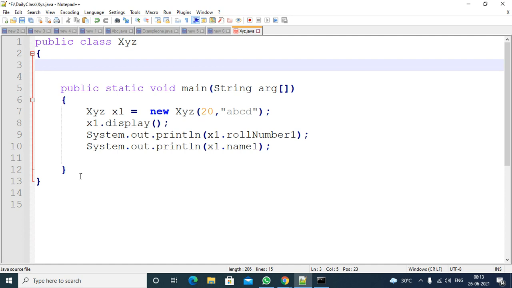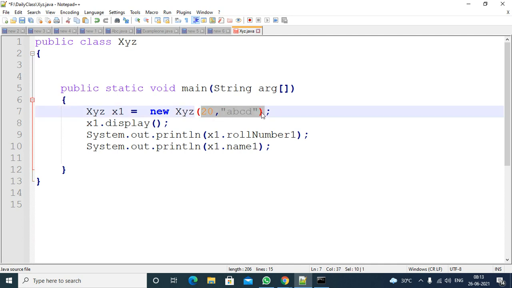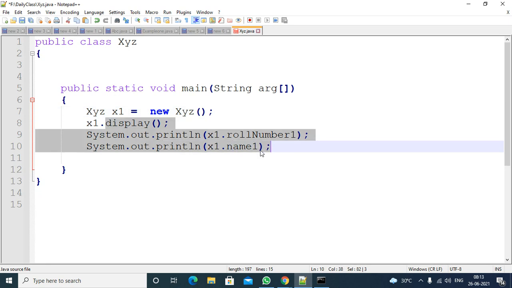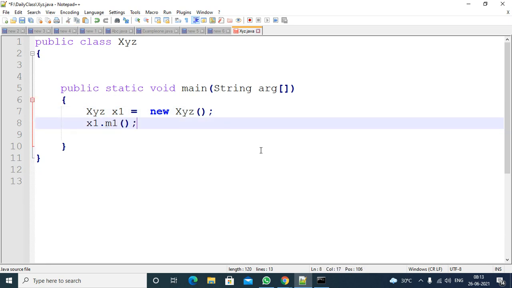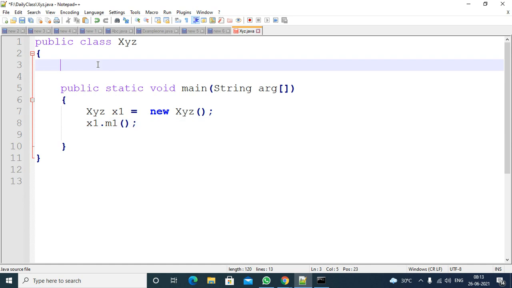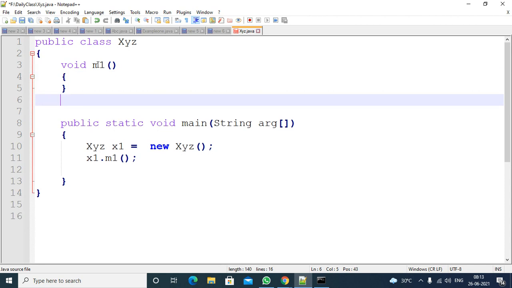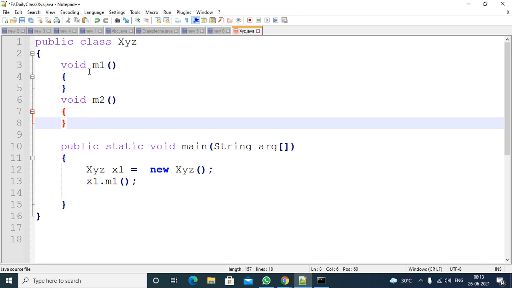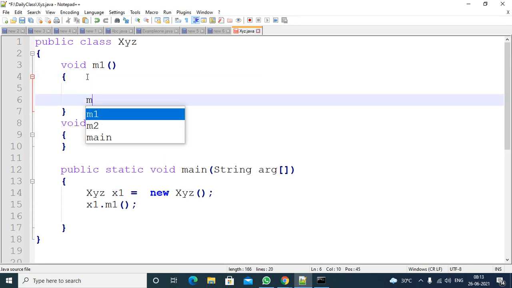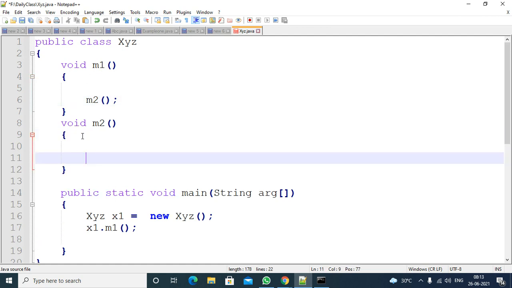Observe there are two methods. I will write two methods. Here I will add two methods, in the earlier example only. If you have doubts, just see void m2. From here you can call the m2 method directly. This is the m2 method. Inside the m2 method, I will add one System.out.println.